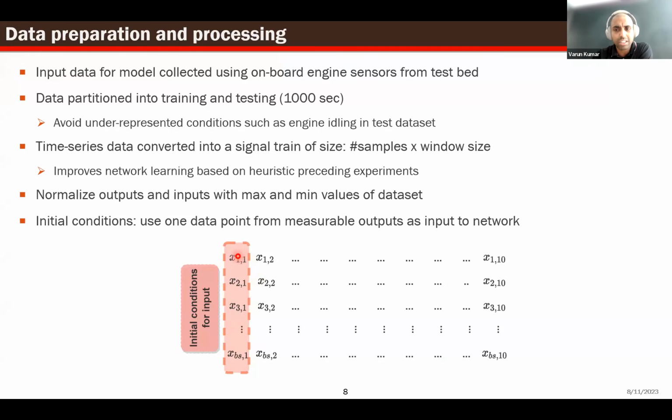And this we found was required because otherwise it was very difficult to capture the behavior of the outputs. We did some more work where we removed the use of this initial condition, and we tried to chain the output from the first signal, using the last point as an initial condition for the next signal. I'll show some results for that as well. So we did both: used initial condition from the data as well as used predicted output as an initial condition in a sequence to sequence type learning.